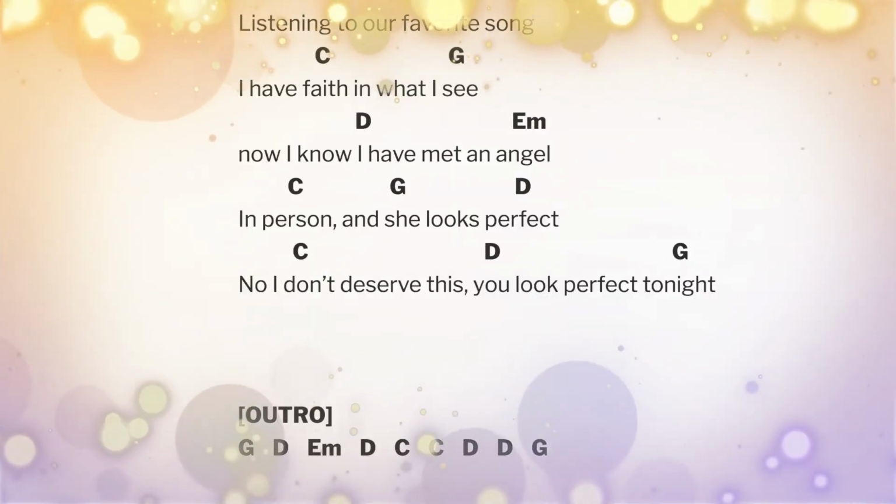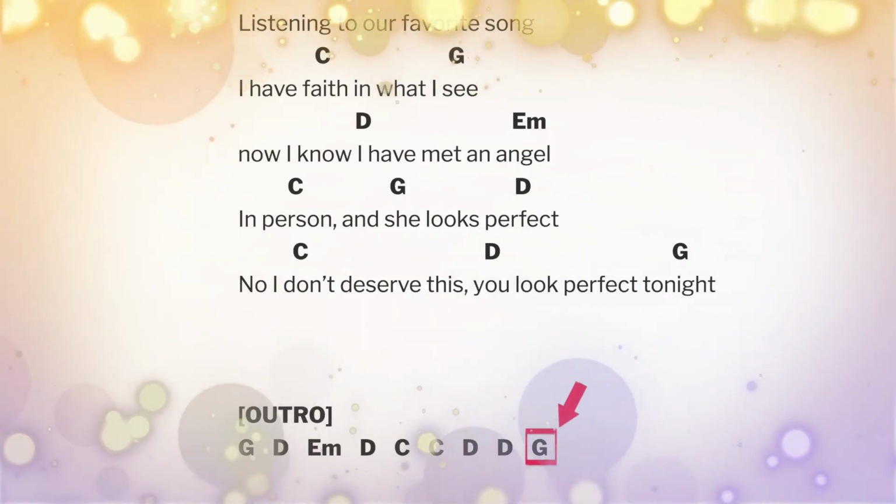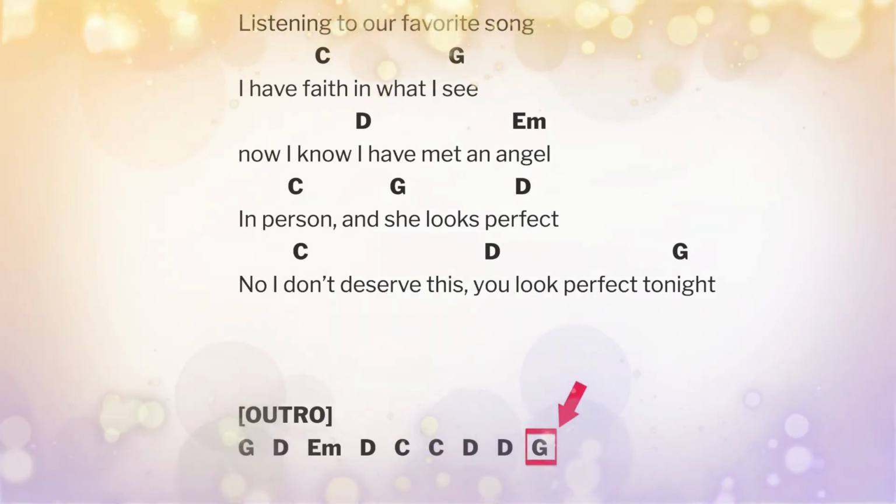The only difference in the outro is then you end on the G to kind of resolve the song and have a nice smooth ending. So that'll look like...